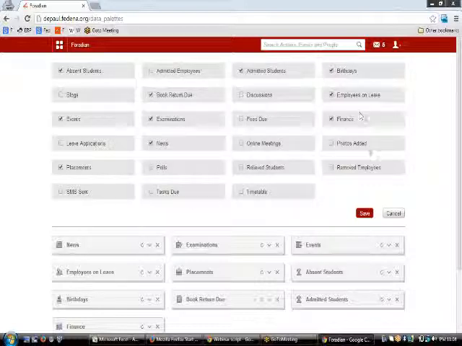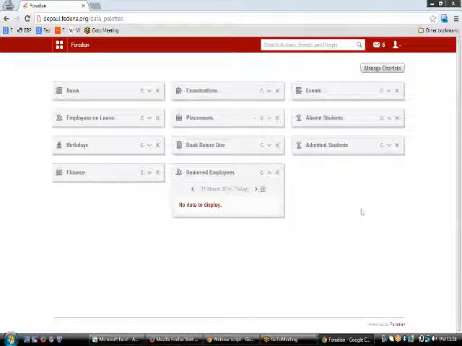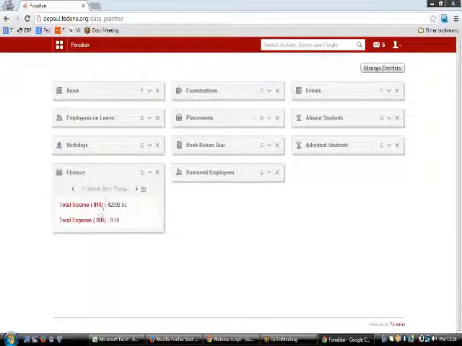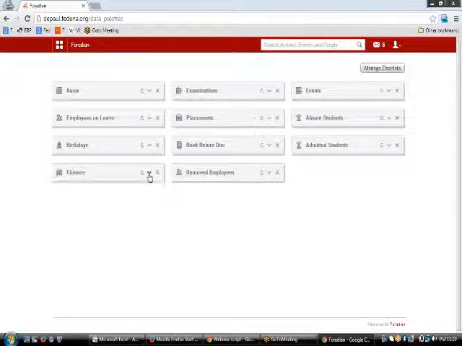On making our selections and hitting the save button, your dashlets will be updated. So if I want to know the income and expenses for today, I'll be able to get this from a dashlet. Moreover, these dashlets come with a minimize button, a close button, and a reload button.